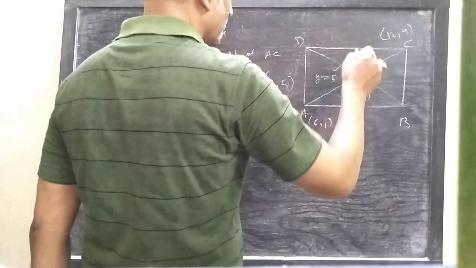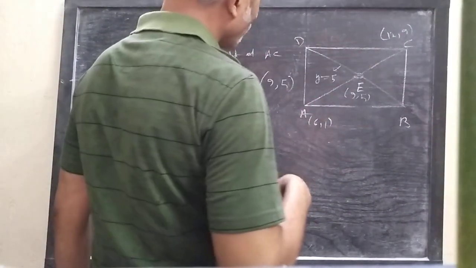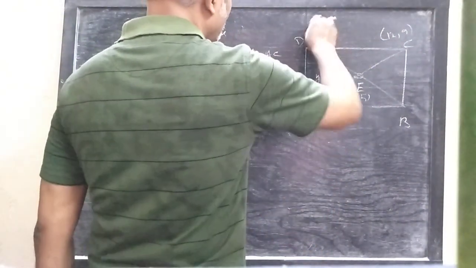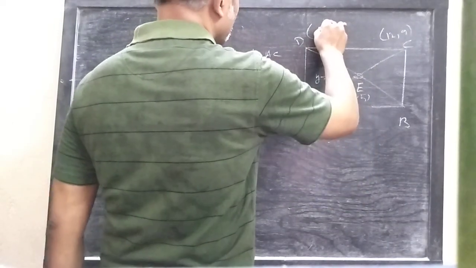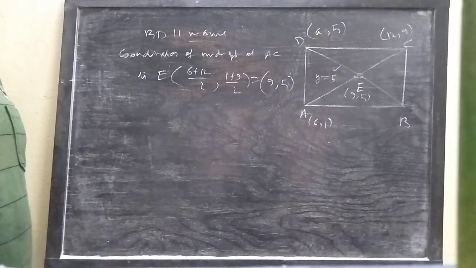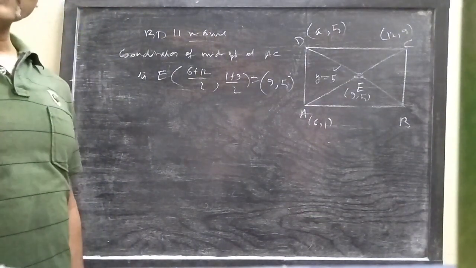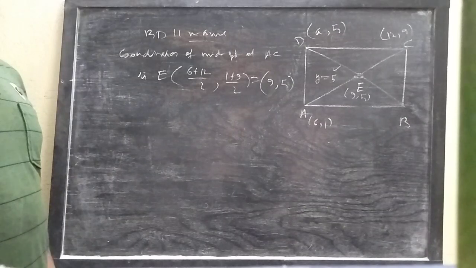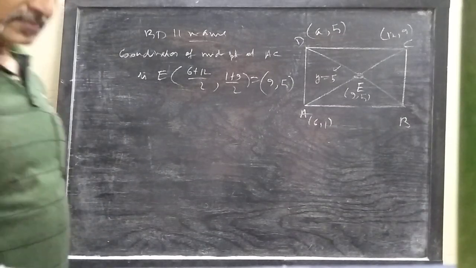Now we can consider the coordinates of D as (a, 5). Why? Because its ordinate is 5, fixed. The abscissa may be any real number, so we take (a, 5). Now